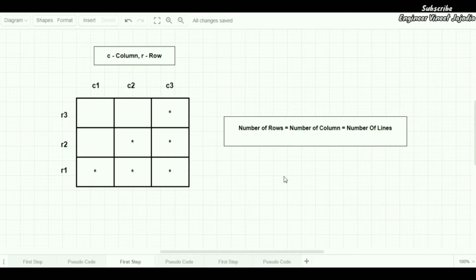The first point is that we have to identify how many number of rows and columns will be there so that we can loop through them easily. We have to always remember for these kinds of star patterns, the number of rows and number of columns are equal to the number of lines. In this example, we can see there are 3 lines, 1, 2 and 3. So the number of rows and number of columns will be equal to 3. If there are 5 number of lines, then the rows and columns will be equal to 5. So this is our first point. Number of rows and number of columns are equal to number of lines.